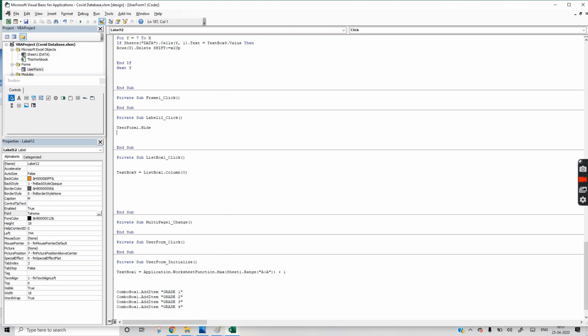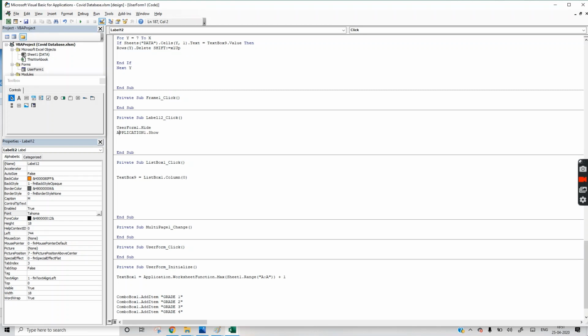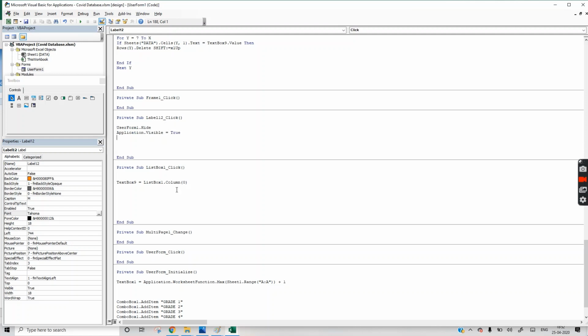User form 1 dot hide, and then application dot show. Application visible equals true.